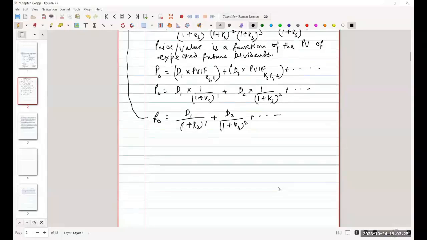Right, so staying within the domain of dividend paying companies then and using the dividend capitalization model or the Gordon model, call it whatever you like to call it, the dividend capitalization model itself,